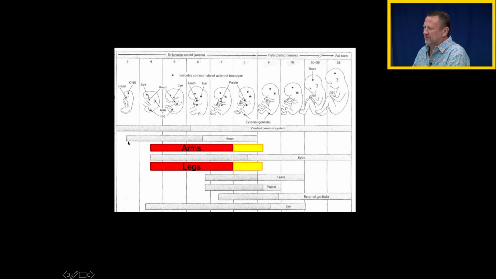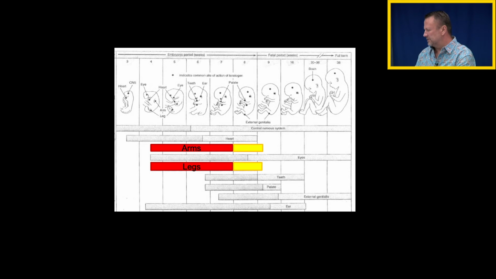If the teratogen is given early and cleared before the 3rd week, we're not going to have any abnormalities of the arms and legs, because the arms and legs aren't being exposed while they're developing. Now, between weeks 4 and 7 is a major development period for the arms and legs. And if we're exposed to a teratogen during that time, then we can expect major abnormalities to the development of